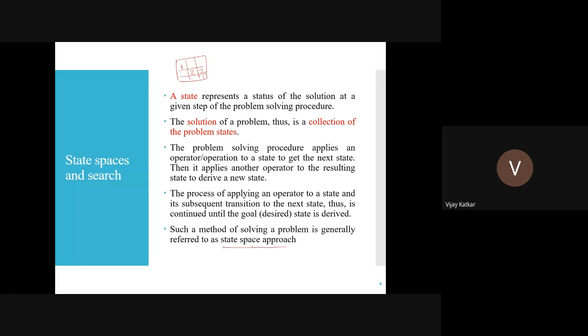State space approach. Why? Because you start with some initial state like an empty board, then based on some rule you change the state. Then the computer checks the current state and changes the state of the game, then the player changes the state, then again the computer checks the current state, and so on. So that's why it's called what? State space approach. They use the current state to predict the future state and accordingly tasks are done.